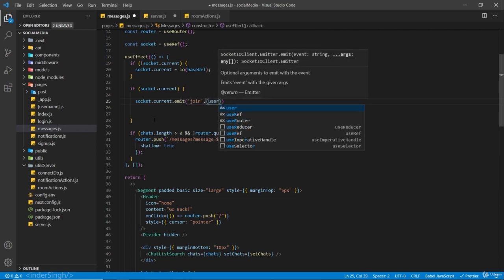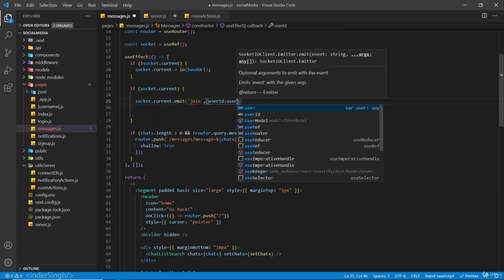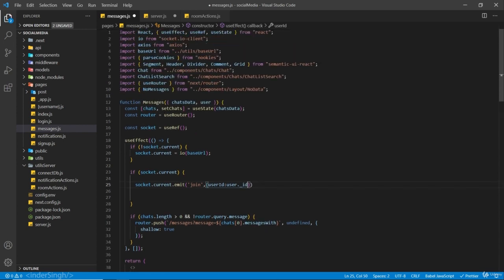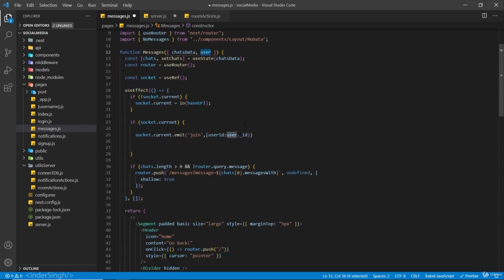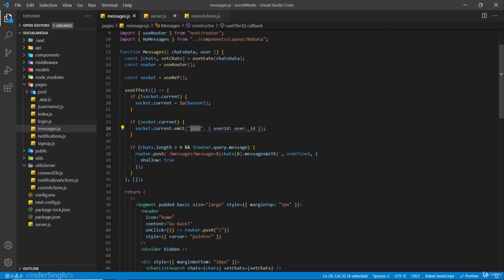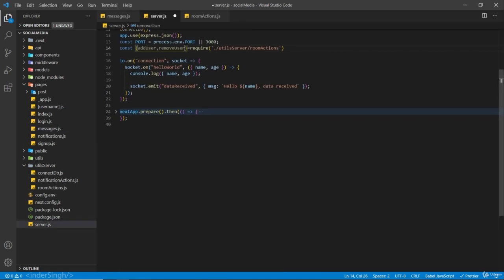And inside this, we are going to send in the user ID of the user._id, from the logged in user state. And we are going to listen for this event on our server. So here I'm going to remove this hello world